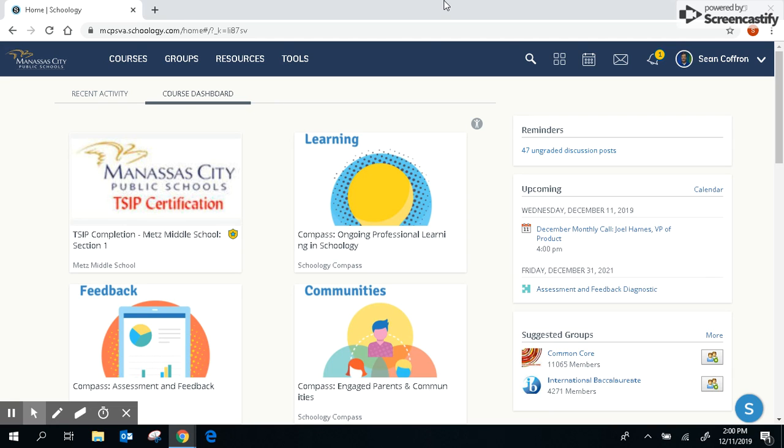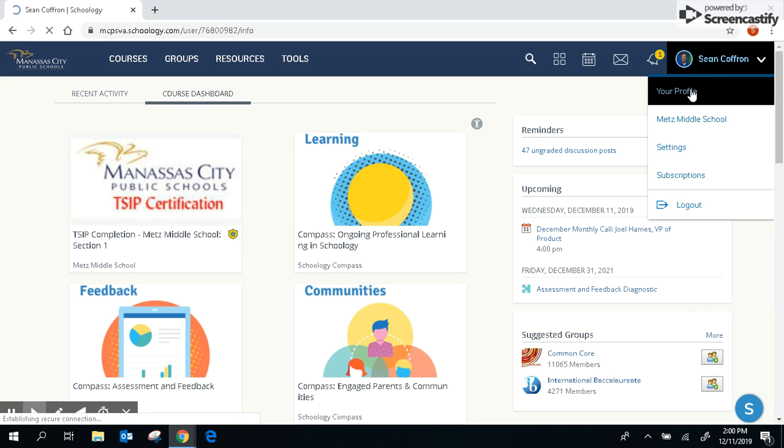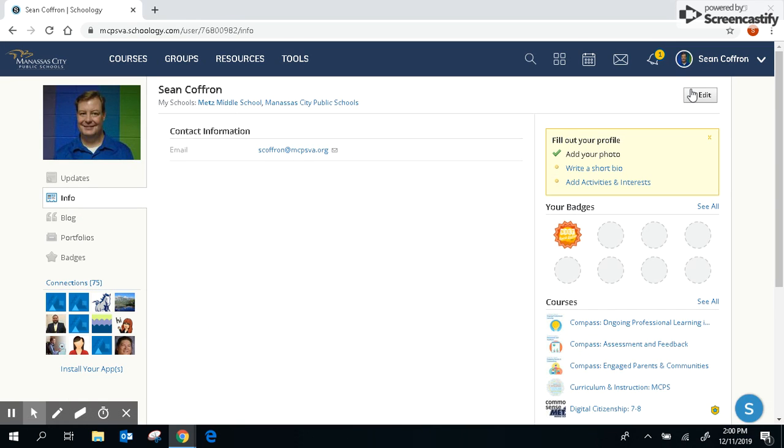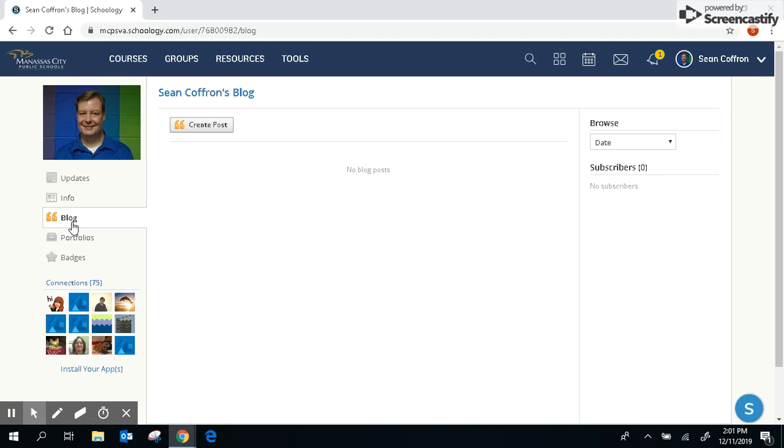So what I'm going to do is show you where that material can be found. If I click on Schoology and I log in, and then I click on my name in the upper right-hand corner, I'm going to go to my profile. And on my profile page on the left-hand side, you'll see information about me. You can also see the badges I've earned, and you can see the blog and portfolio that I've set up here for this discussion. If I click on blog, you can see my blog in which I have no posts,